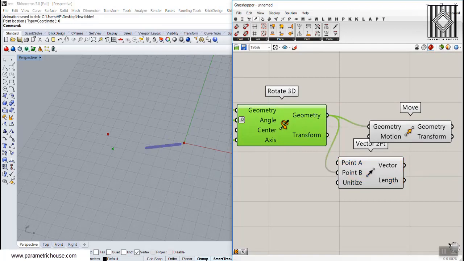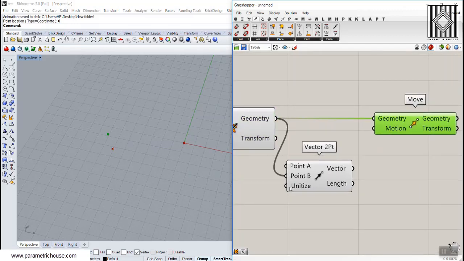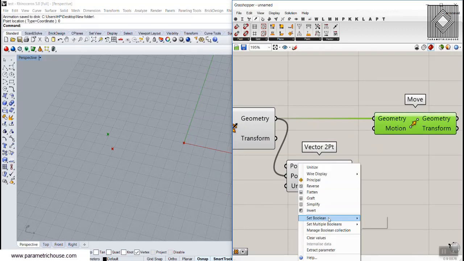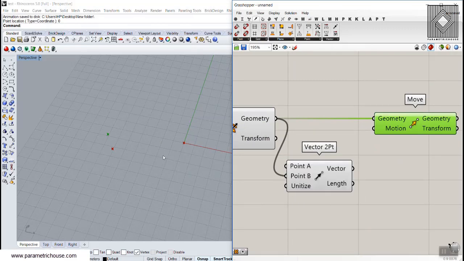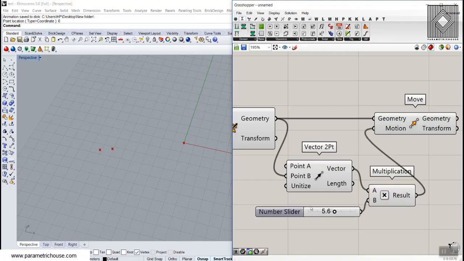So we made a vector now, and now we're going to move this based on this vector, and we can just make it a unitize, because if you unitize it, we will have a unit vector in this direction. And now we can multiply it to the math and give it maybe 5.6, give this to the result, and now we can just move this point from that.